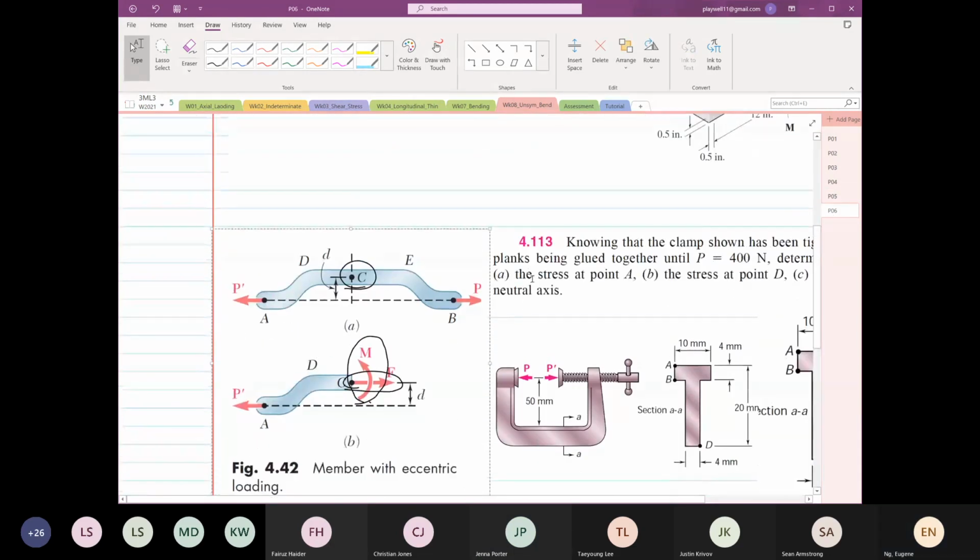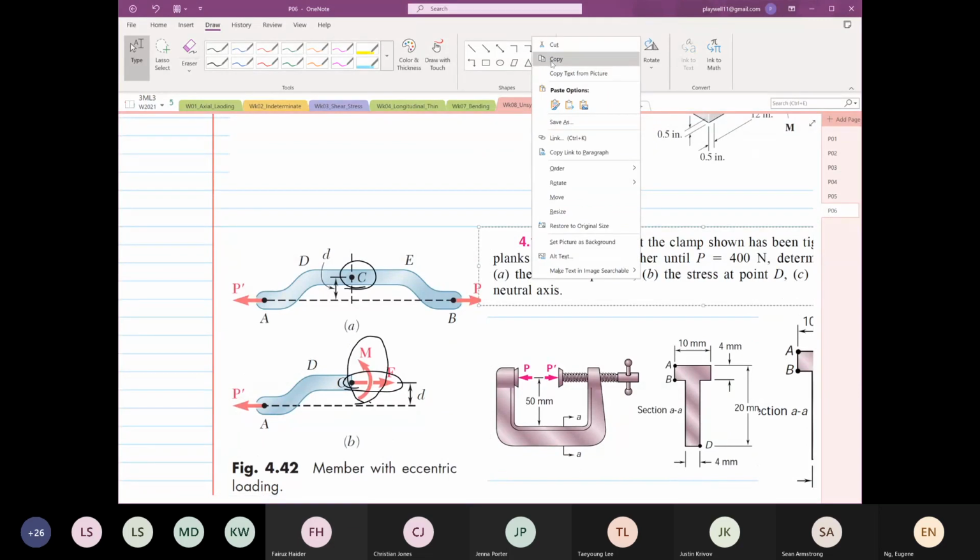Okay. So now we look at another example. Okay. We look at, and this example